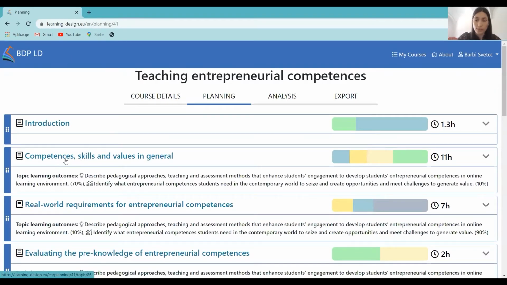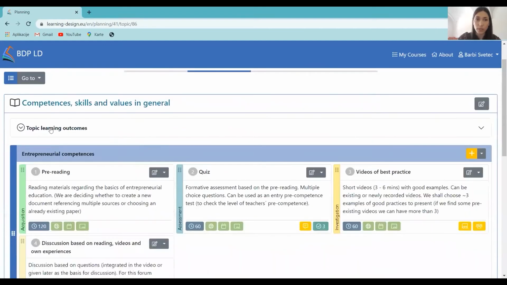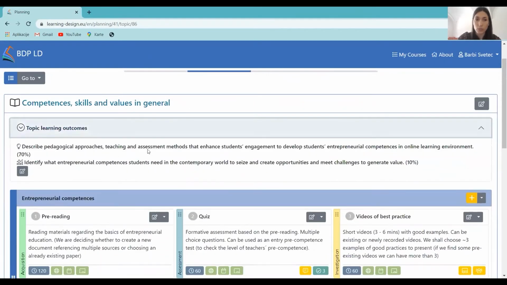And to show you the details, I will use this example of, for example, competencies, skills, values in general, which is a topic which is related to 2 learning outcomes, which were already identified in the beginning. So you remember that we had 8 learning outcomes, and the idea of the BDP tool is to connect all the topics that we have here with the corresponding learning outcomes from the beginning, which are on the level of the entire course.